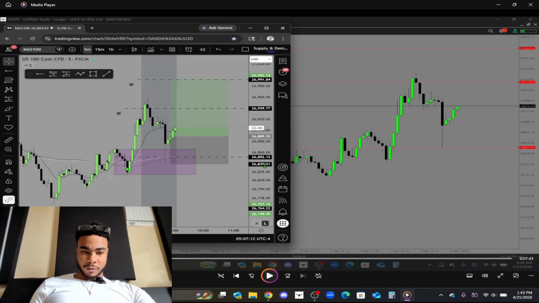So right here, as you can clearly see, we have price pushing up, breaking structure, right, breaking these highs. We got 3 MAs underneath. Price came down to the zone, to the demand zone. This is on NASDAQ, by the way, on the 5-minute. Price came down to the demand zone, hit it, and then we got our entry confirmation right here where I